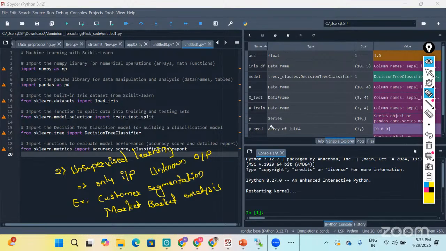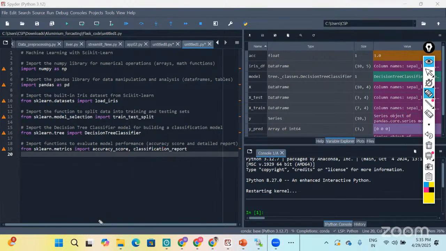Next, we have one more, which is reinforcement learning. This is learning by interacting with the environment. In reinforcement learning, what we do here is learn by interacting with the environment.